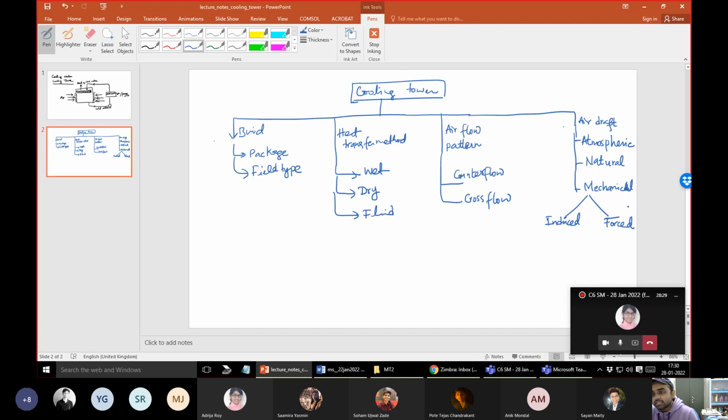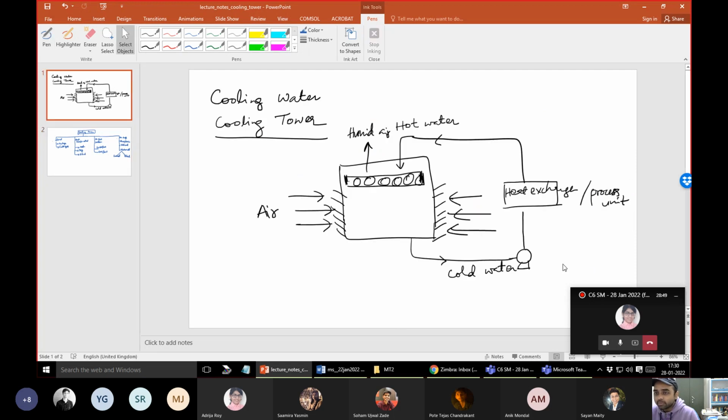Next comes, as I was discussing, the airflow pattern, as the counterflow and the cross flow. So in the counterflow case, the direction of the air and the water is completely opposite, like what you normally observe in a counterflow double pipe exchanger. And in the cross flow, this is one cross flow system where the air comes in from the transverse sides, right? Part of the air is not completely in counterflow, but part of them will definitely be in counterflow. So mostly there is a counter current arrangement of air and water, but towards the exit of the water, the air comes in sideways.